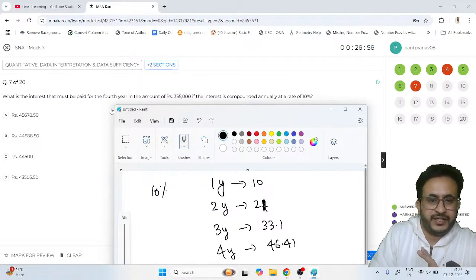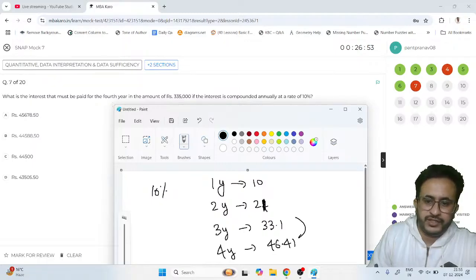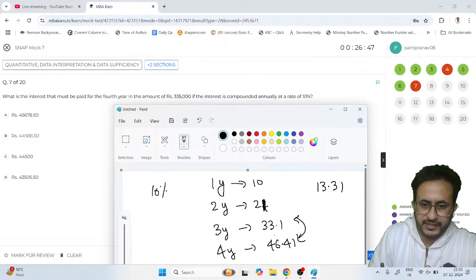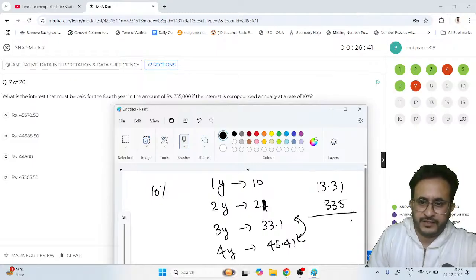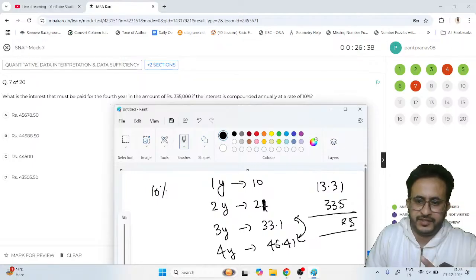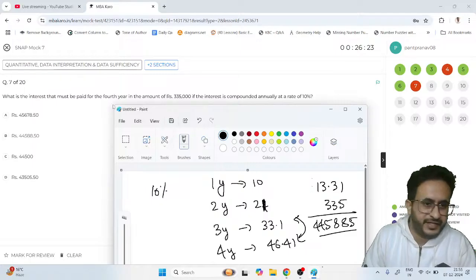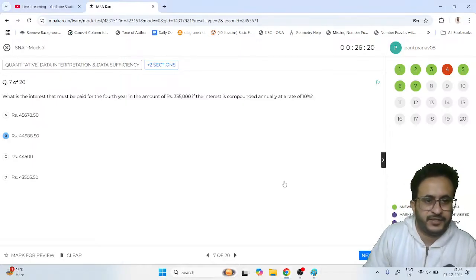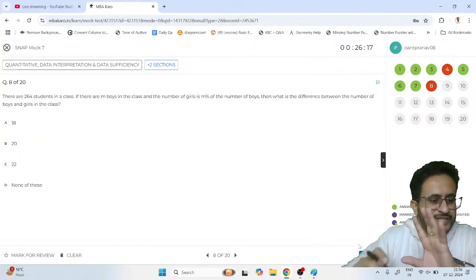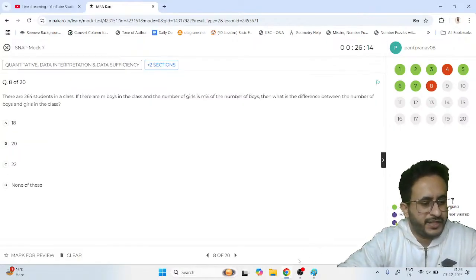Okay, so now we have to find the interest paid for the fourth year. So fourth year, this will be the difference, that is 13.31. Okay, when we take the difference, that is 13.31% of 335. So 335 into 1, so 33 carries 1005, 1038, 1108, that is 1108, 445 885. So that will be the answer. Now, there is a caution that only those people who have strong calculation should attempt this kind of a question,